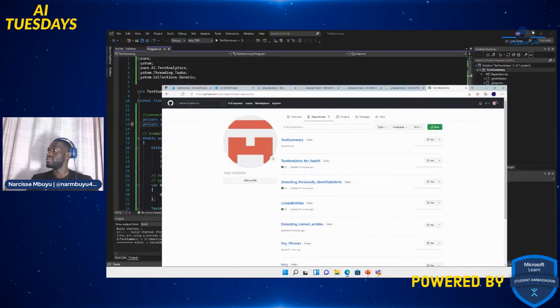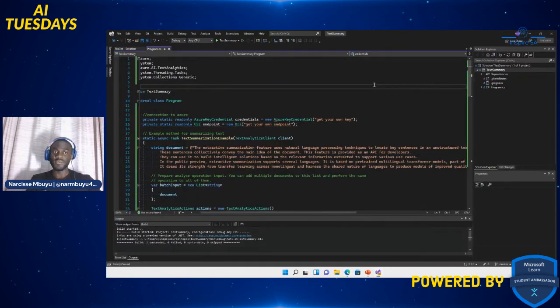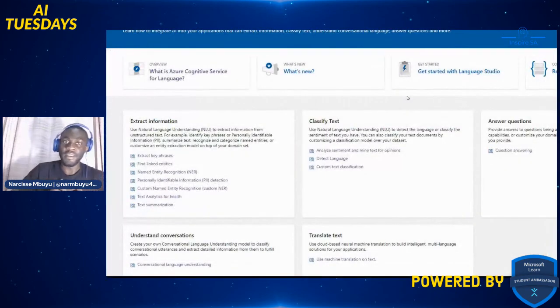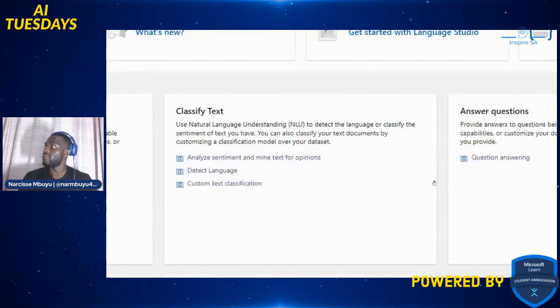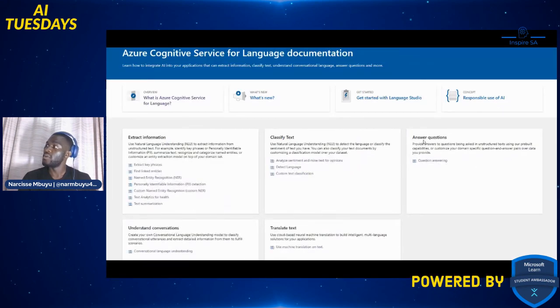And to end off, let me close this one. I hope it was a lot to take in, but yeah. So we finish with natural language understanding. We've done extracting information on Azure and using code, classifying text, right? We've done all of this. And now, for the future episodes, we'll be moving on to answering questions using a chatbot, and understanding conversation, which is LUIS.